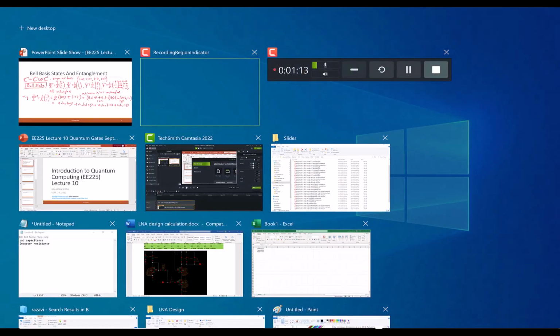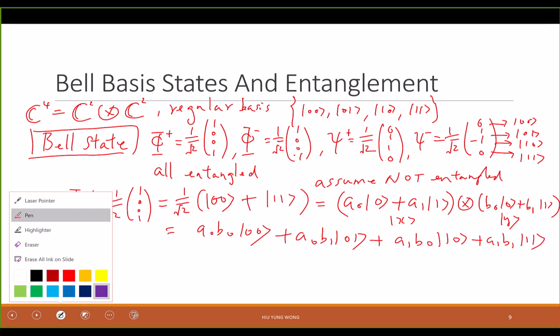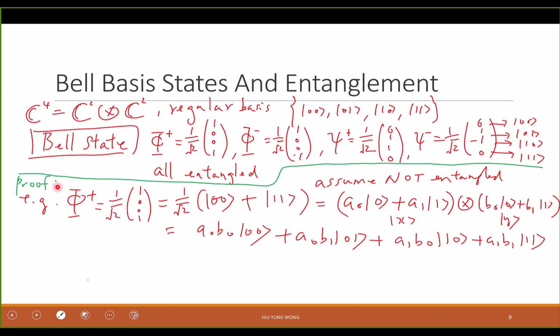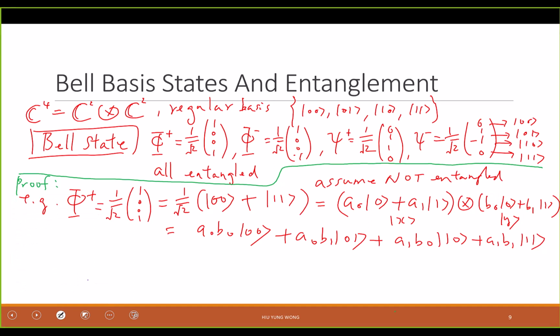This one is the given. All of them are entangled. But now I'm trying to prove for one of them that it is entangled. How do I prove it? I assume it's not entangled first, and I prove by contradiction. If it's not entangled, I have this, but they are the same. So what does it mean? It means